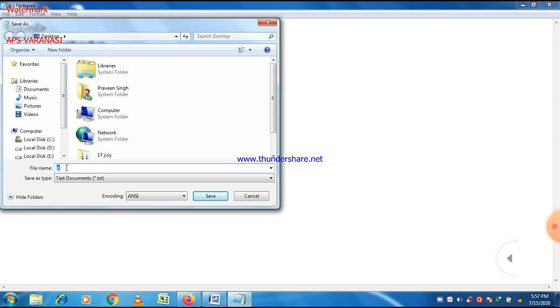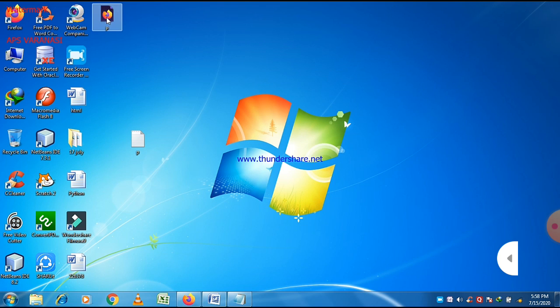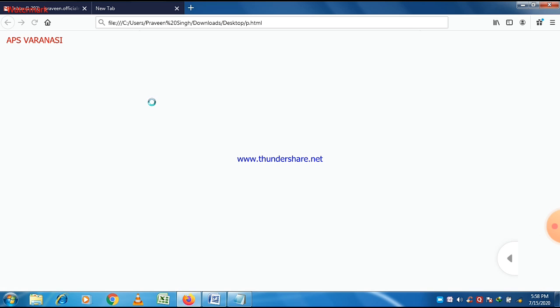Now just save the program, give a name as small as possible for your convenience. Here I give this name P. Here P is the name of the text file also, and save this file on desktop. So now we have two files, one text file and second is HTML file here, and you can see that it can be opened in Mozilla Firefox, which is a web browser. Just double click on it and you can see the output here. These are already open, let us close them.